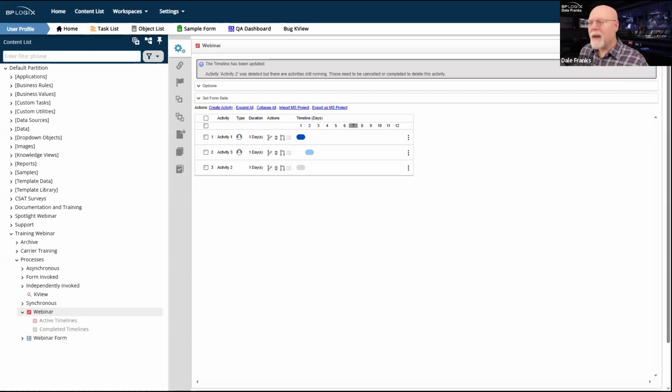And then I think what you had to do is you had to start the subsequent activity that you wanted them to go to, because we didn't know where you wanted it to go. So basically we said, okay, fine, you've deleted this activity. You have running instances that are running in that activity. Okay, sure, we'll delete it. You got to figure out how to fix it. Which, if you knew what you were doing, you could do. But if you were a little hazy on how to manage timeline instances, it became a little tough.